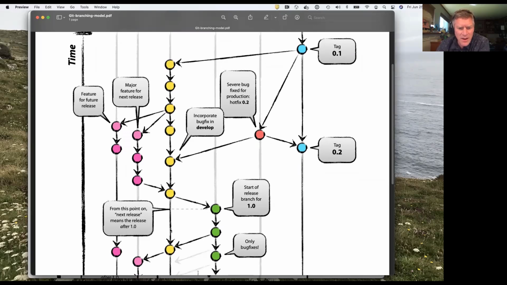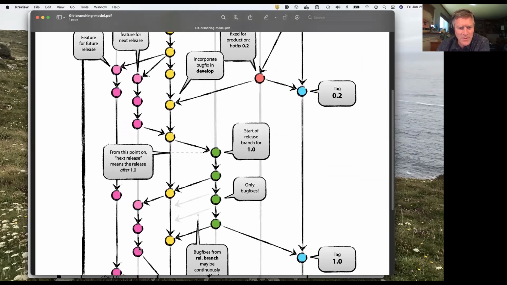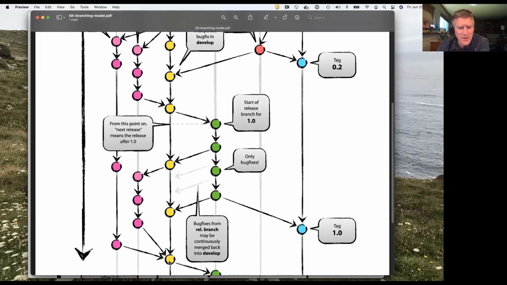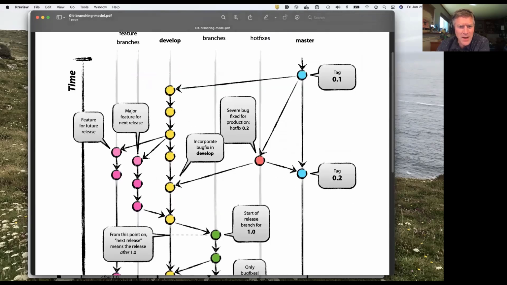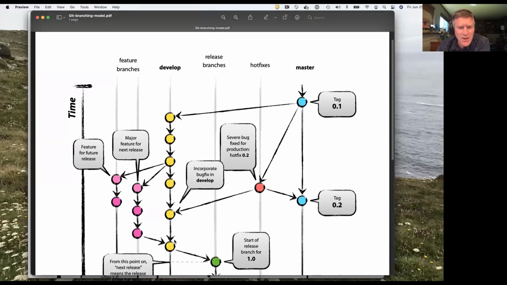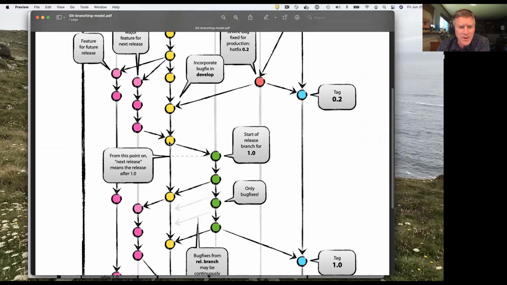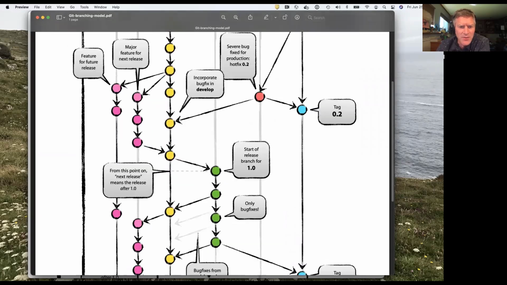And then the develop branch keeps going, and other feature branches can be created off it and merged back into develop. So that's where most developers will mainly be working, creating feature branches and merging them back into develop. There's another type of branch, a bug fix branch, though it isn't shown here.